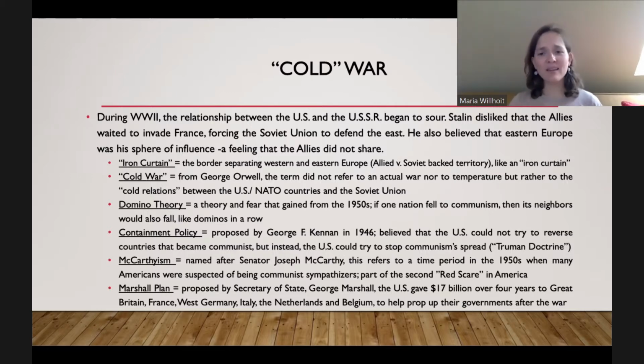And the aid doesn't just go to Europe. We also give a lot of aid to Japan too, and we give a lot of aid later to South Korea. And it's another reason why I think South Korea and Japan are successful after World War II, even though they've just been devastated, especially Japan. We give a lot of money, we give a lot of support, we try to rebuild economies. And sometimes this works out and sometimes this doesn't, as we'll see in our next lecture.